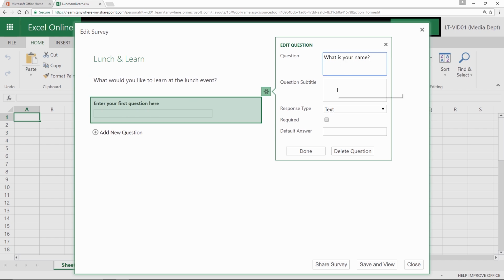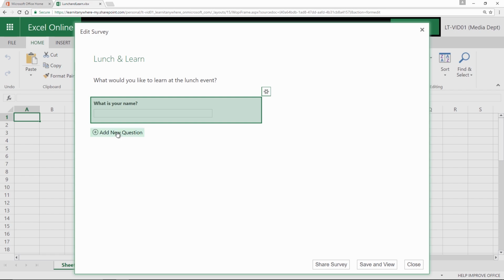I can choose a subtitle for that question, and I can choose what type of response: a paragraph of text, numbers, dates, times, as well as choices. I'm going to simply leave it as text, and I'm going to require that this question contain information. Then to add a new question,